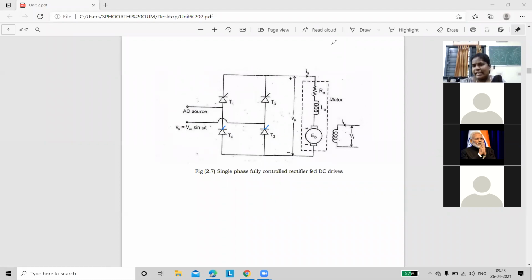First of all, just guess, what is the basic advantage of a freewheeling diode? Neglecting the inductance, madam. In order to neglect the inductance effect, that means in order to get the continuous output current, is it right? Yes, ma'am. Yes, exactly. Whenever we are using a freewheeling diode, there is a possibility of getting continuous current, but that is the half-wave rectifier concept, and this is a full wave rectifier.